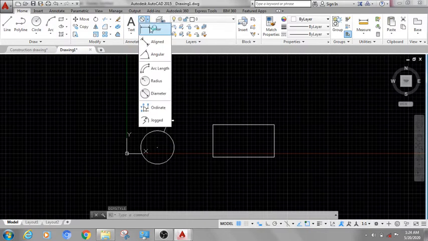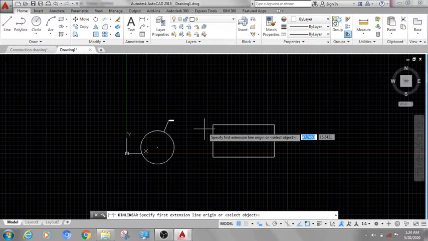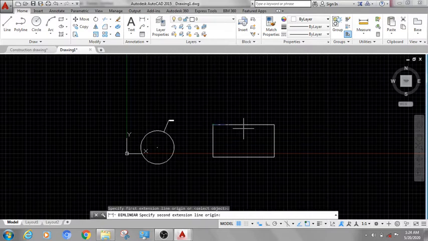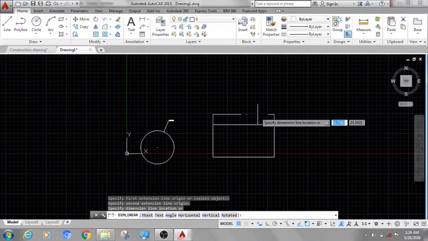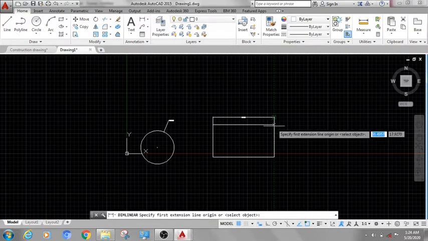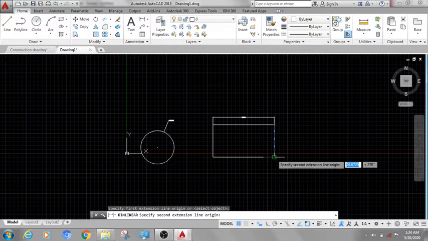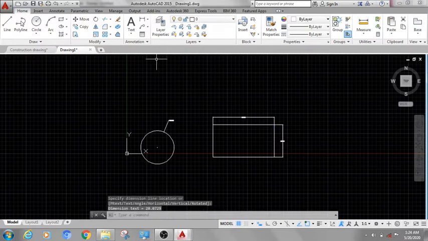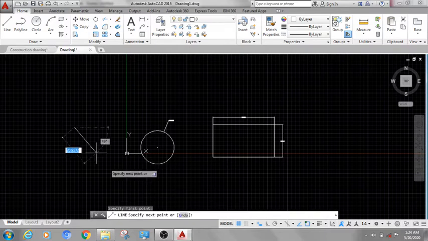So here I am selecting linear. You can use it for horizontal and vertical dimension. For cross lines you can use align dimension. Suppose I am taking a line with some angle.